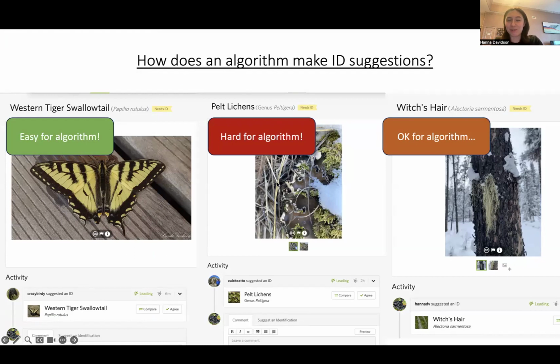It gets really confused. It's seeing a lot of things and it doesn't know what it should assign to that organism. Something like this lichen on a tree is a little bit better because it has a flat, solid background, and so it's easier for the algorithm to find the thing you actually want it to. But again, it's lichen, fungus, it's not really its strong suit. So it might give you a list of suggestions, and you just have to be a little mindful about how you go through and select which option you're looking for if you don't have an idea of what it is that you're looking at.